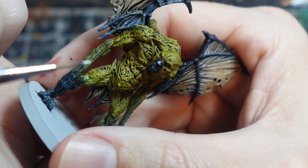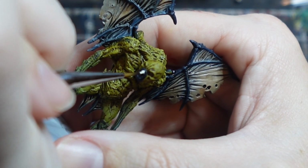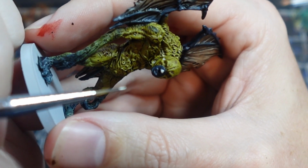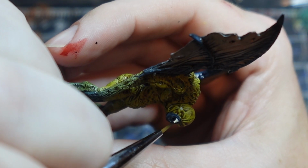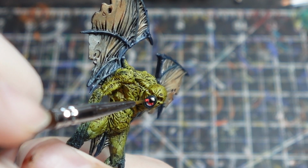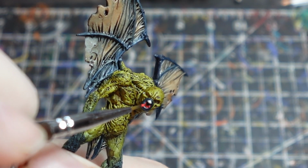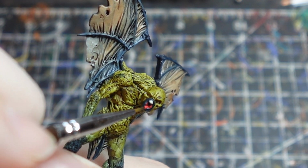So now we're going to take ancient stone, and we're going to hit that beak. If you got your Tyrian navy on the beak, no big deal. That ancient stone is going to cover it. Now, I didn't show it on camera because I didn't decide till after the fact, but after the ancient stone, I hit that with the bony matter speed paint because it was just a little too bright for my liking. So we go inside the mouth with the bright red acrylic,